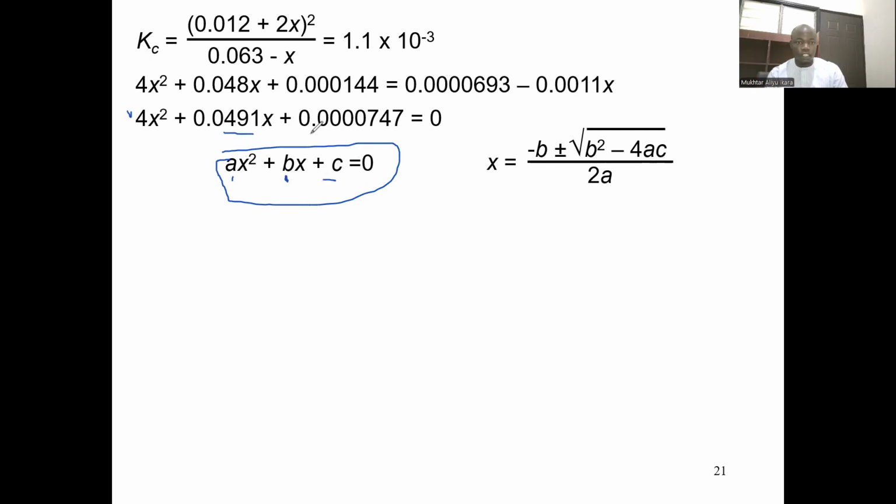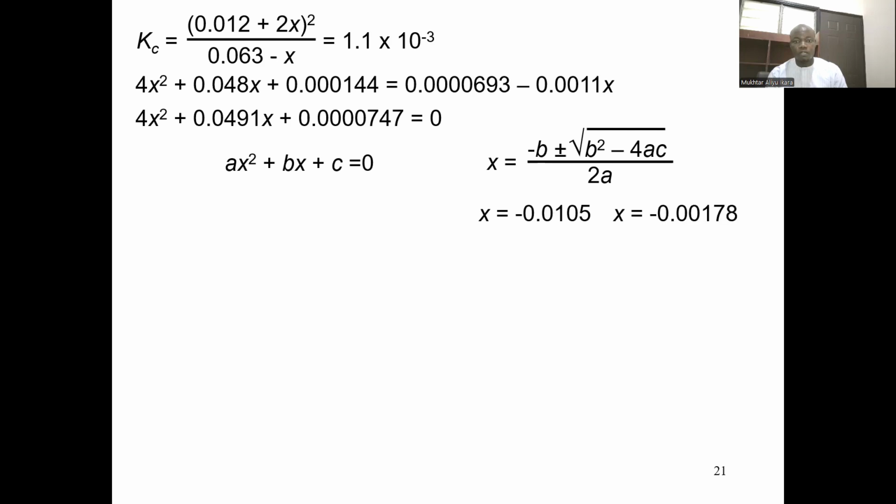Then c, which is the constant, is 0.000747. After we do the substitution in the formula, the answer for x1 is minus 0.0105,